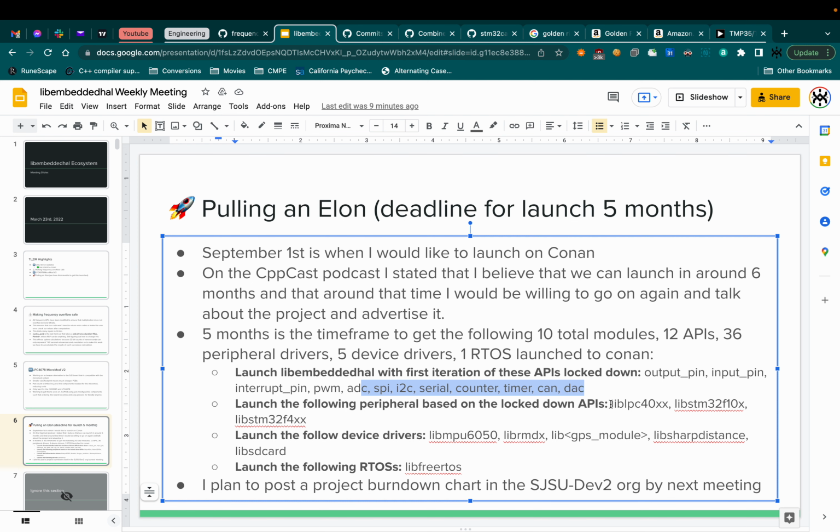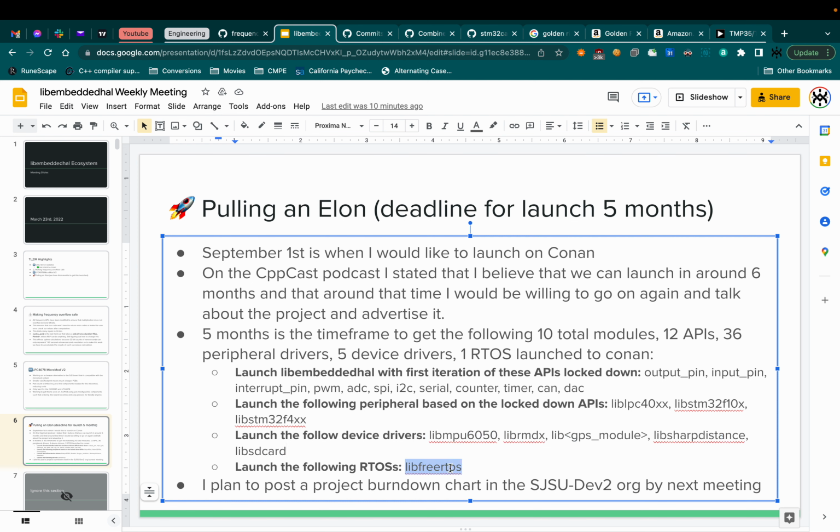But what's really going to be necessary is writing down implementations for these, which is probably the hardest part because each peripheral driver has a lot of things it has to keep in mind in order to make sure the namespaces are clean, you're not bloating the code, and that you're making it really easy for the user to be able to do the right thing when it comes to using our peripheral drivers. So that is the thing. Next up, we have device drivers, which is a bit easier conceptually, I believe. But we still need to make sure we're doing a good job on these so that they look clean, they look professional, they look like good implementations to represent libembeddedhal.